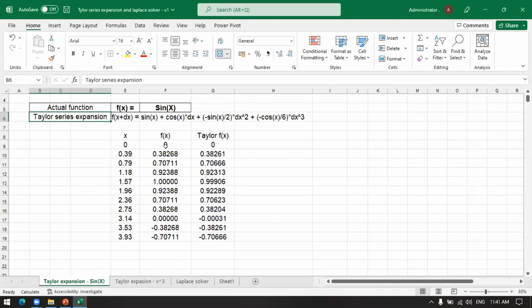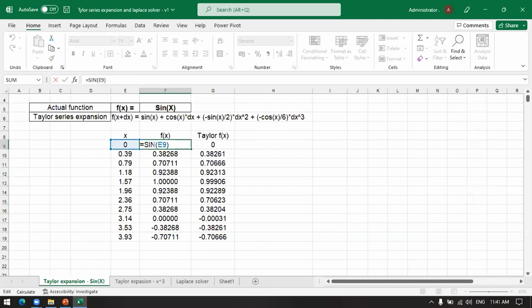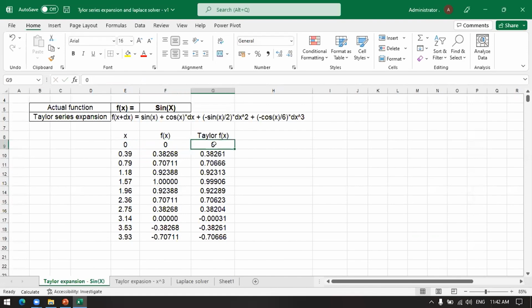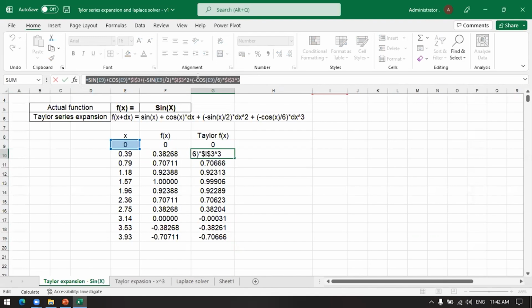As you all know, Excel has its own built-in library of functions. In this first column, what you see is the direct value that Excel gives us. I just type in a formula sine of x, and the value is given here. Similarly, in this next column, I have implemented the formula using the Taylor series. As you can see on your screen here, maybe you will have to zoom in on your mobile screens, but this is the Taylor series formula that I have implemented.